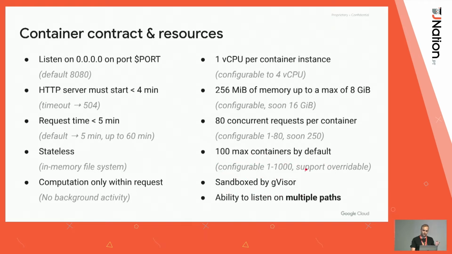they auto-scale from 1 to 1,000 containers. And one biggest difference was that, since this is an HTTP server, it can listen on multiple paths. So if you want to build an API, you can do it in a single container instead of having to deploy multiple functions and having to have API gateway. So that's also one difference between containers and functions.